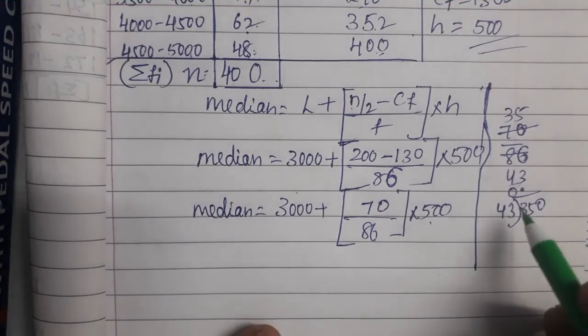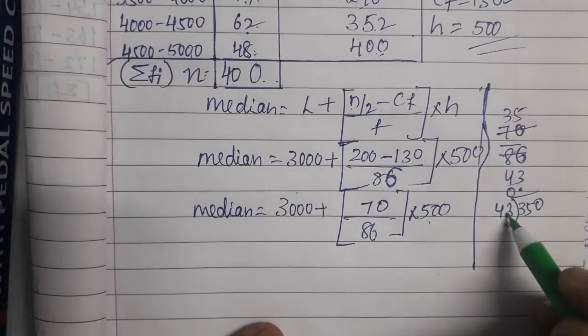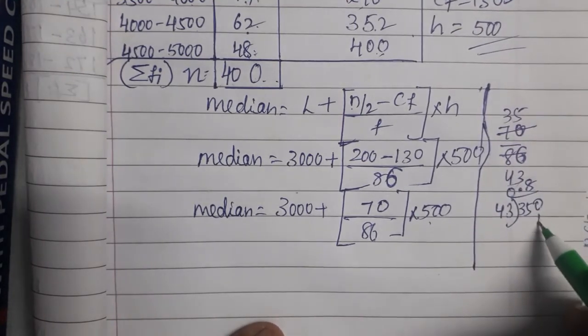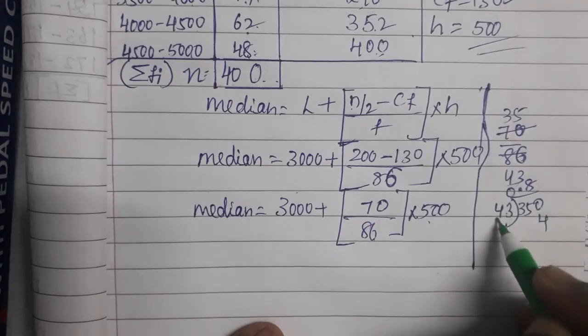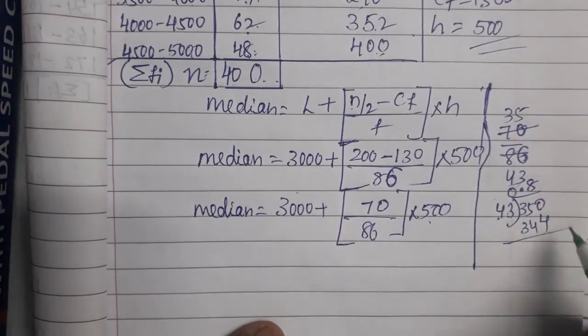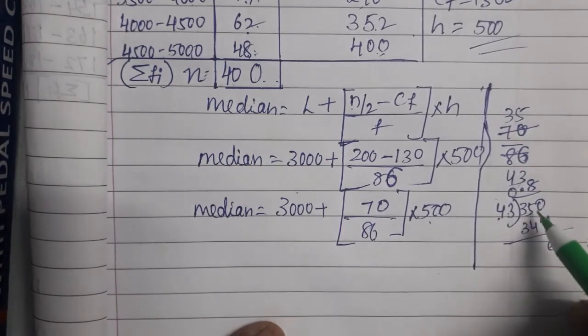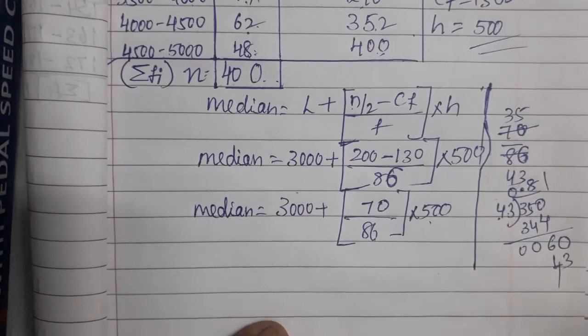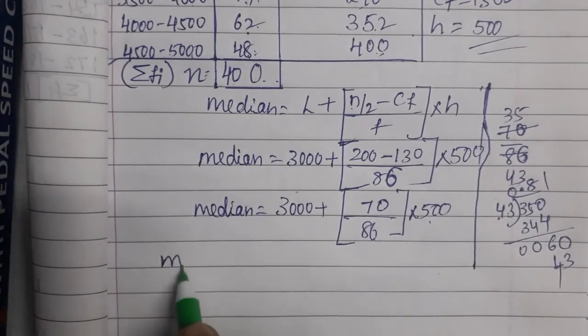So now 43 8s are 8 3s are 24, 2 carry, 8 4s are 32 plus 2, 34. 10 minus 4 is 6, 4 minus 4 is 0. So because of this decimal point you can take 1 0. 43 ones are 43. It will continue. So we are satisfied with one decimal